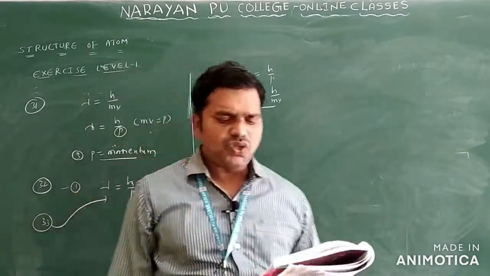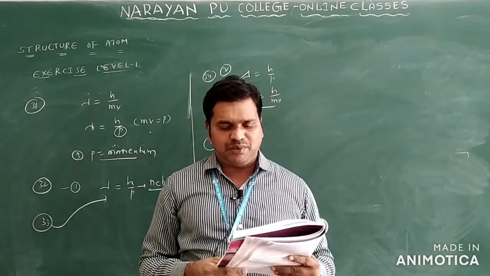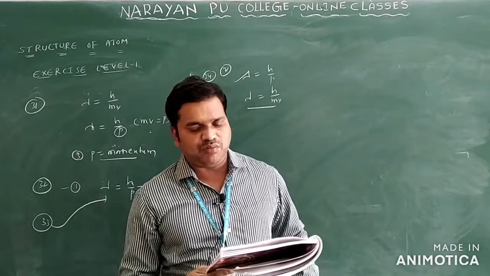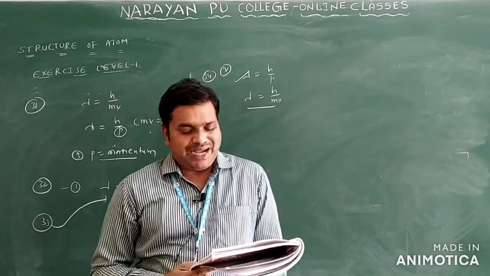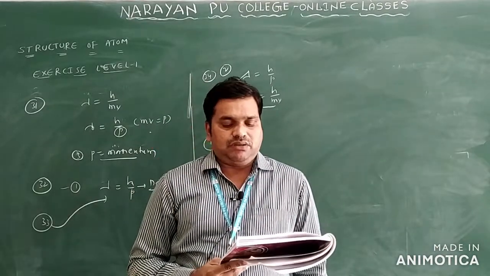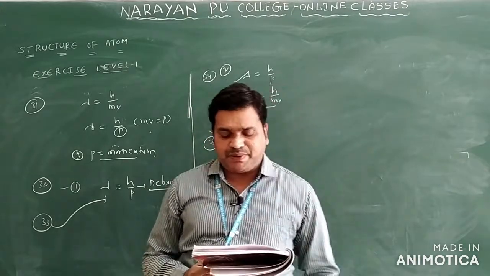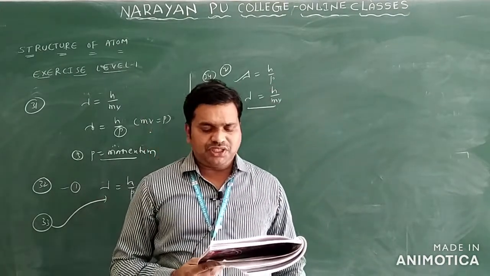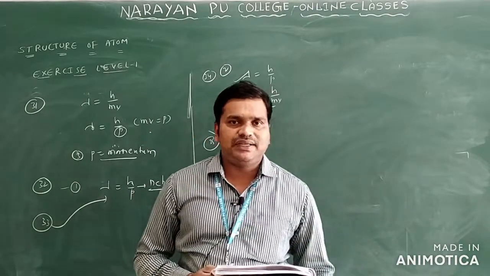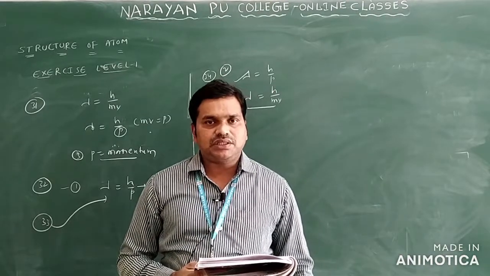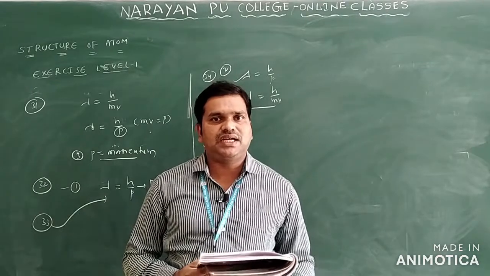Next. In which of the following pairs do the experimental observations correctly account for the phenomena? So here they are asking which of the matching is correctly matched with the experimental observation only. The first one is given X-ray spectra, and the phenomenon is given as charge on the nucleus. X-ray spectra does not describe the charge on the nucleus. So where do we get the charge on the nucleus from? Rutherford alpha ray scattering experiment only. So this is not a correct match only.